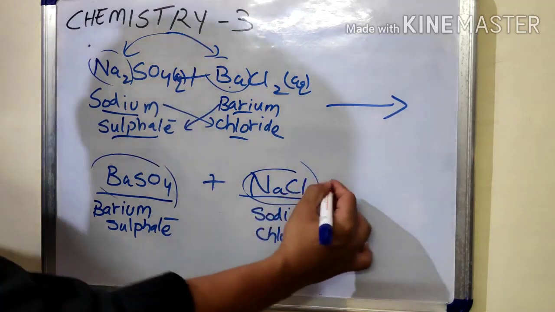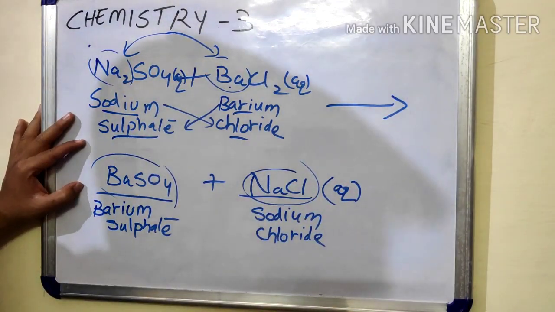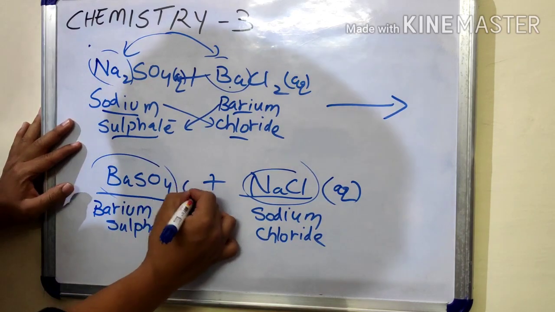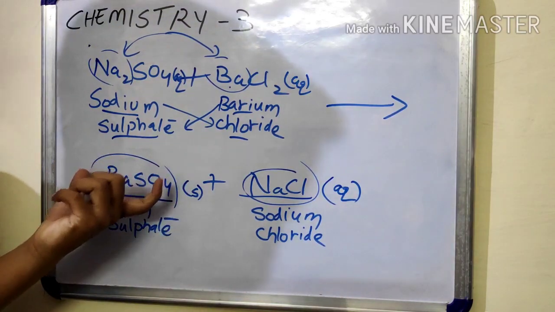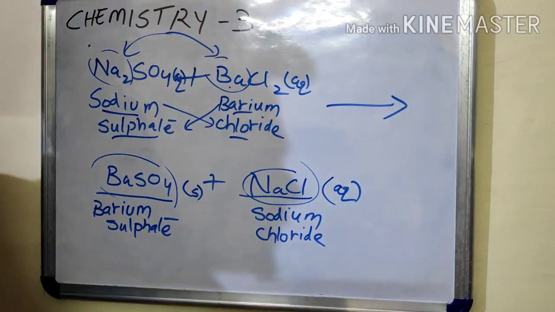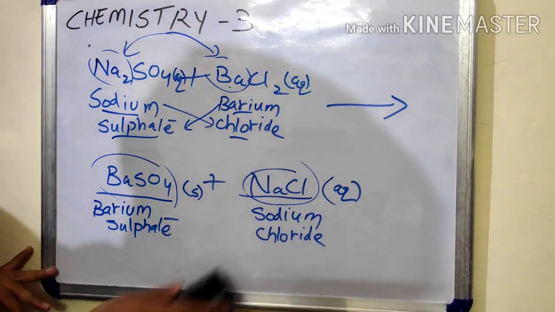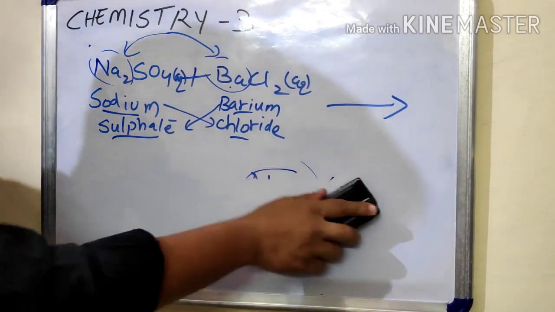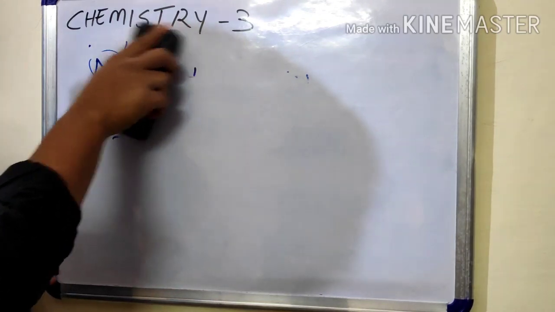Now, sodium chloride here is in aqueous state. The barium sulfate now has become a solid. When this reaction happens, this barium sulfate becomes a salt-like solid and it will settle down completely. So the term that we studied earlier, you might have heard of this term before also in the earlier classes. The term was